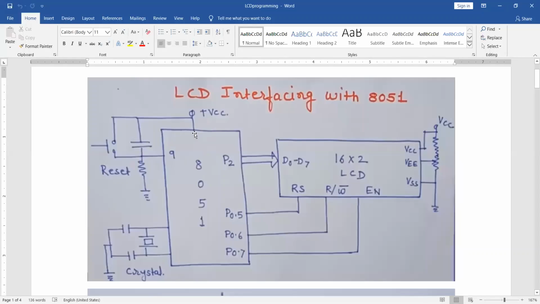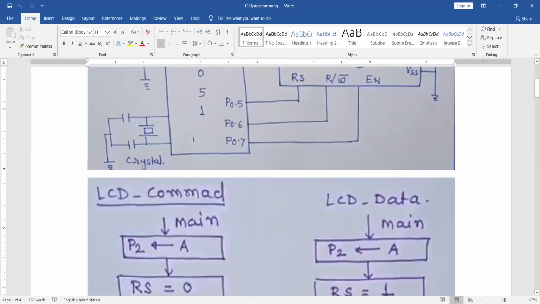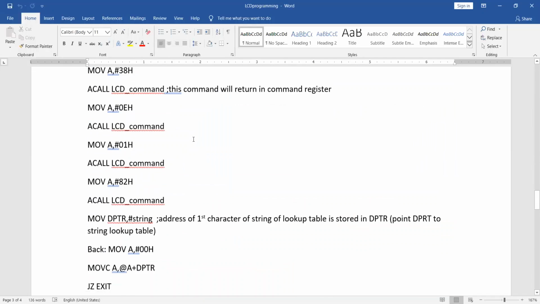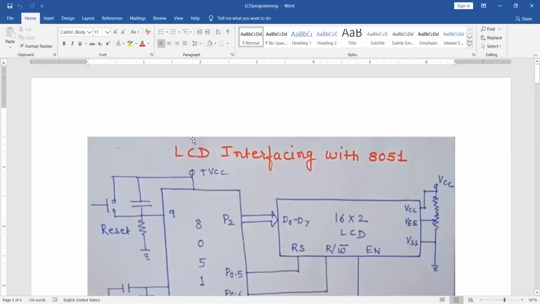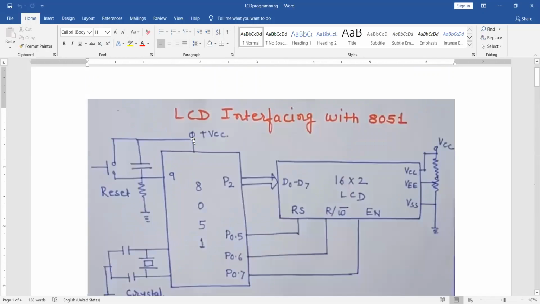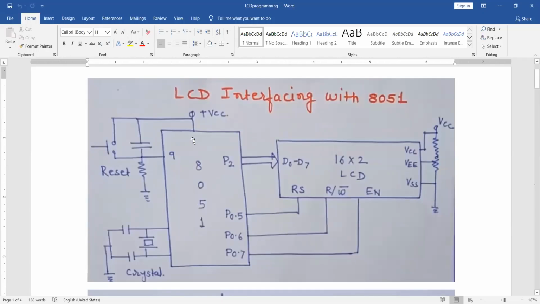You might be asked these questions: which pin of the 8051 is used for crystal frequency?